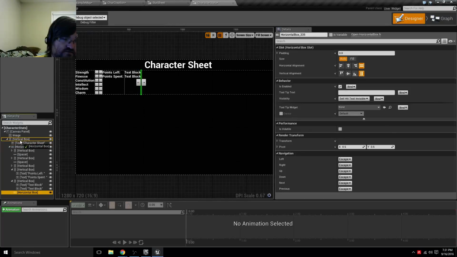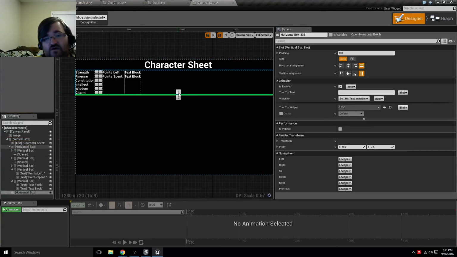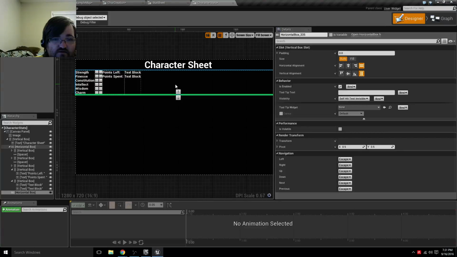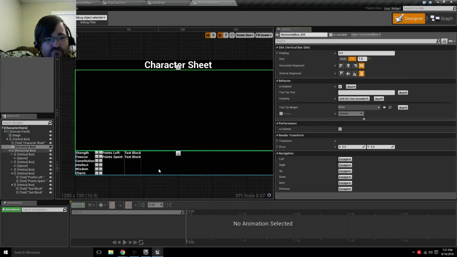Or sorry, in the vertical box. There we go. Okay, and that's actually going to go up here. And then we've got a couple of things that need to go in here. Nope. Boom. Okay, fill. Oh, I actually kind of like that. Okay. Boom. Now let's see. We need